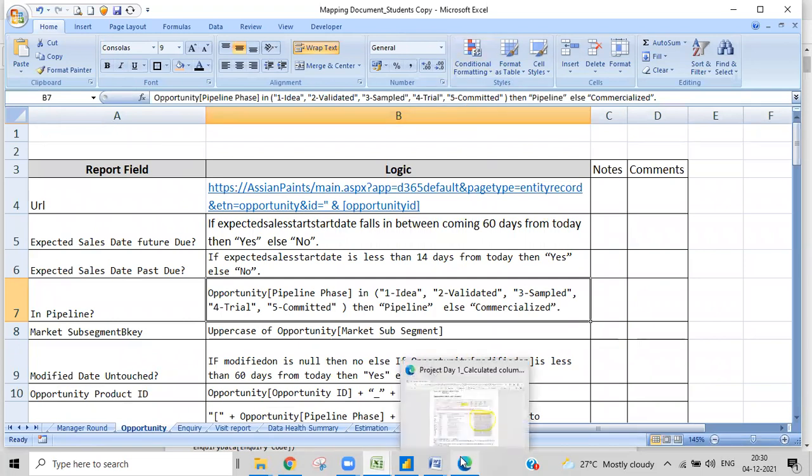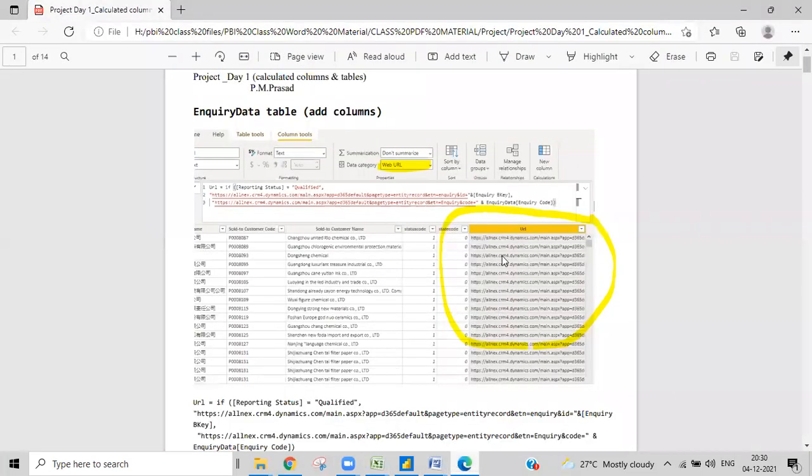If the report status is qualified, then we'll create this kind of thing. This is the logic to write it, and we'll use the ampersand symbol to add this to that. Once it is done, we'll get the URL column.